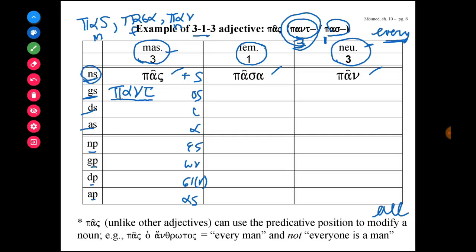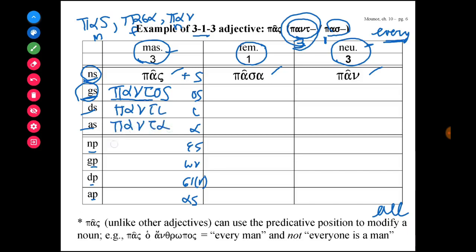And so remember, the nominative singular forms in third declension nouns are the ones that change the most. And therefore, a lot of times the stem is hidden and you can't see it in the nominative singular form. You really must rely on the genitive singular form to tell you what the stem is. So if the stem is pant and I add os to it, then the genitive form is pantos. So you have pas for the nominative singular, pantos for the genitive singular. For the dative singular, it's panti. And for the accusative singular, it's panta.